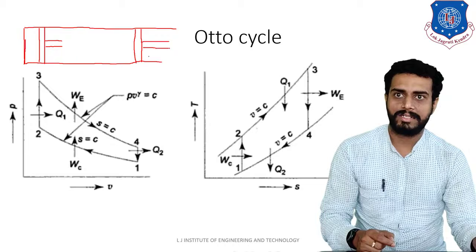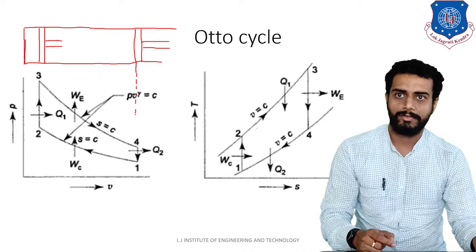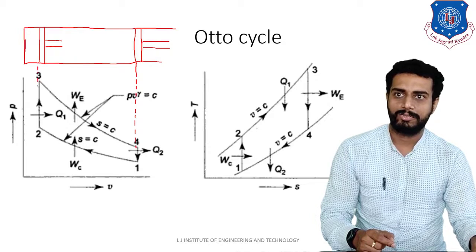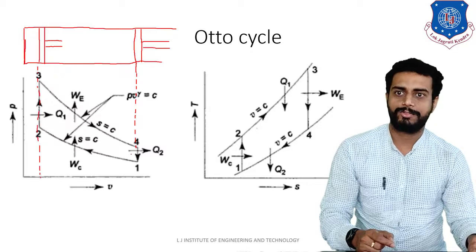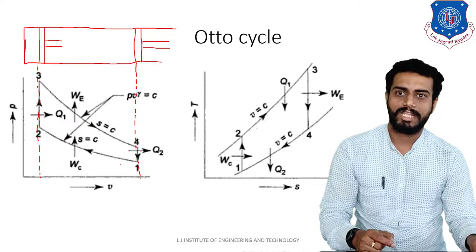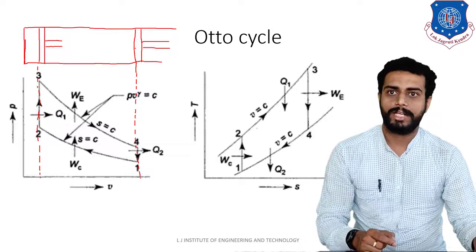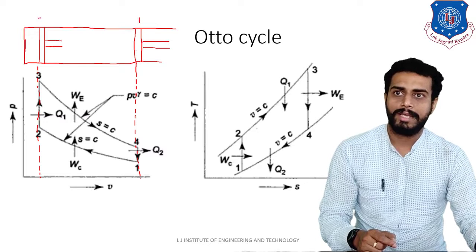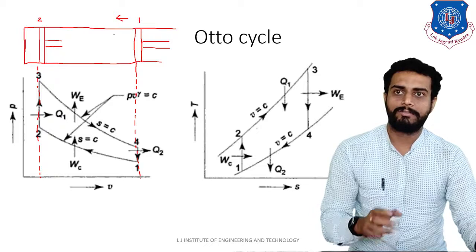And this outer dead center and inner dead center are analogous to the PV diagram shown, right? So if you observe, then these 2 lines will match, and these 2 lines will also match. I hope you are clear up to this point, students, right? So now we will understand this. See, in order to understand, we will start from point number 1. So 1 to 2, that is here you will have 1 and here you will have 2. So the piston will move toward the inner dead center, 1 to 2.